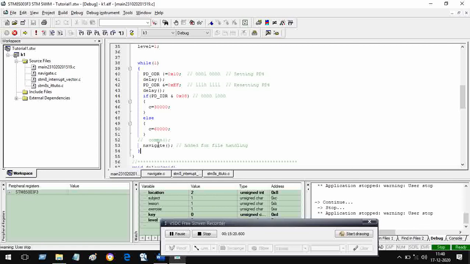Just before it ends, I have given navigate, and I have not actually read keys. I am trying to show you a method of testing without actually handling the hardware, right? So instead of keys being pressed, I have given key as a variable here. As you can see, I can change the value here and see its effect.